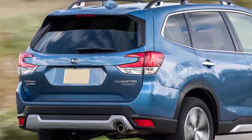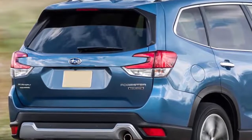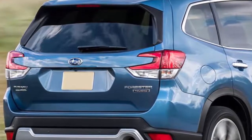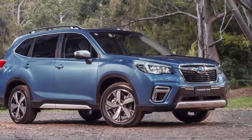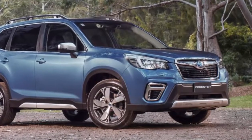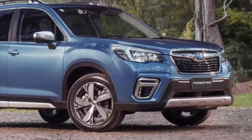The 2.0-liter Boxer engine comes mated with a lean Lineartronic continuously variable transmission that is lighter and more efficient than the outgoing model. Subaru says it's been improved to better match engine noise and deliver a more silent driving experience. Subaru South Africa released fuel mileage figures of 7.6 liters per 100 kilometers, a 13% improvement over the previous generation